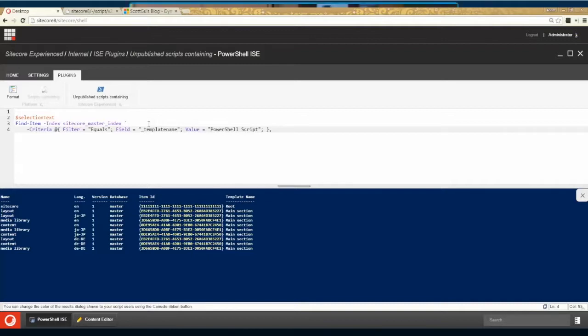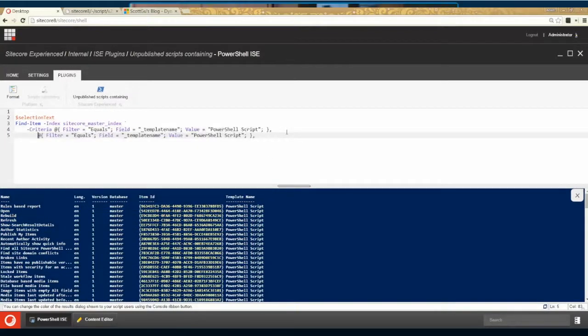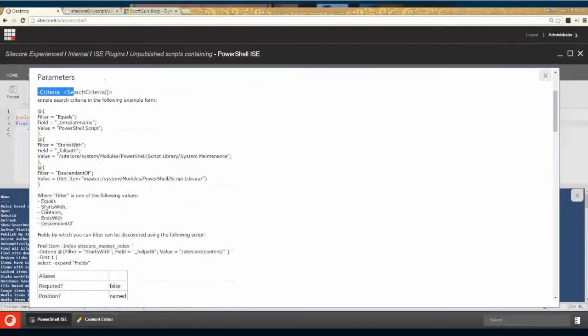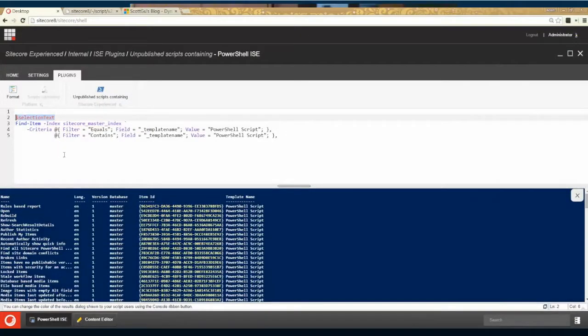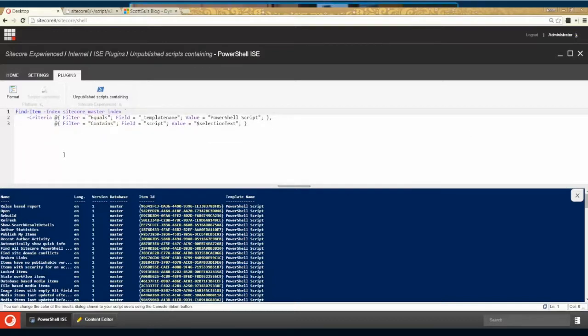Okay, so I've got my template, which is PowerShell script. So right now I should be getting only PowerShell scripts, which I do. Now I want to provide an additional criteria, and I want to say that it contains, and again you can see that in the criteria we've got those filters, which is basically one of those operations is contains. I can say that my script field should contain this variable that I've provided from the ISE. So let me just save that,